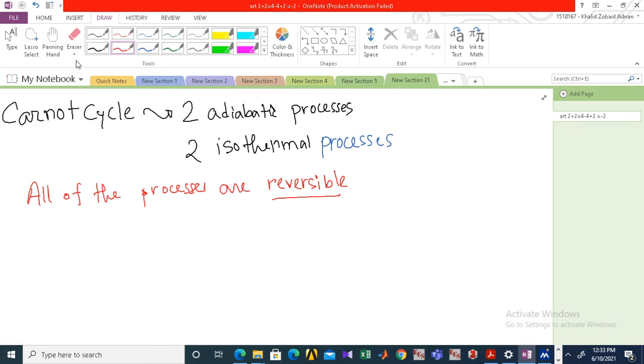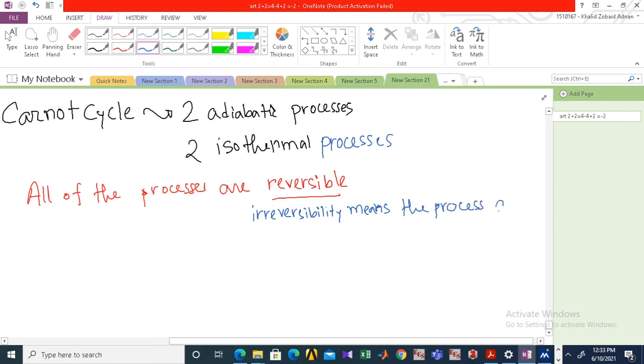So irreversibility means the process cannot be run in the opposite direction. Okay, so that is all about the Carnot cycle, and we are now going to